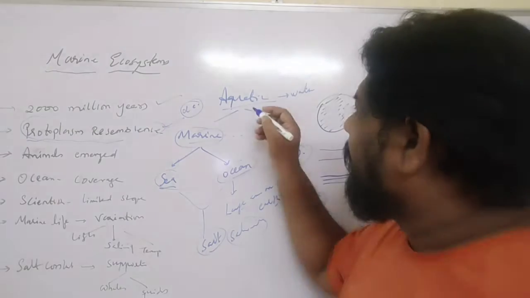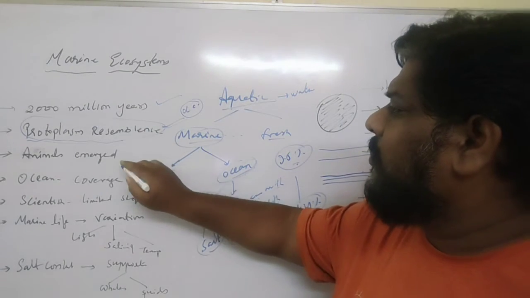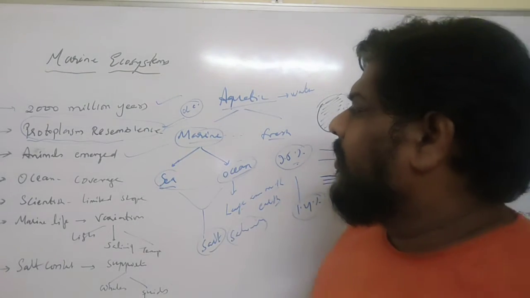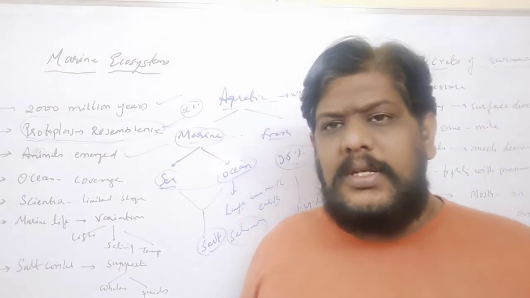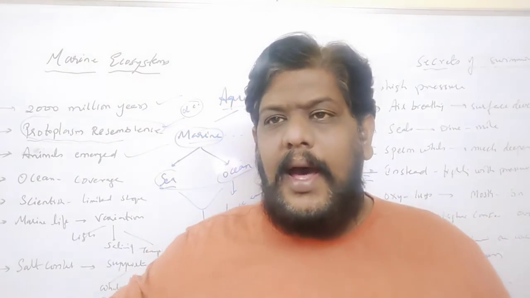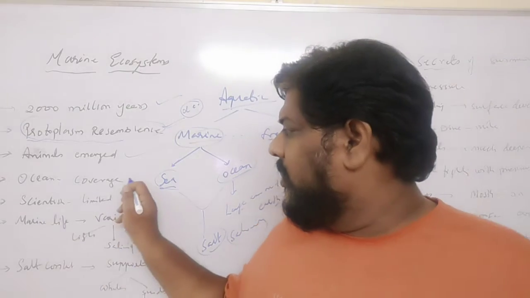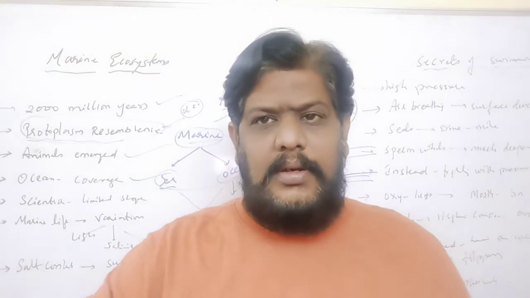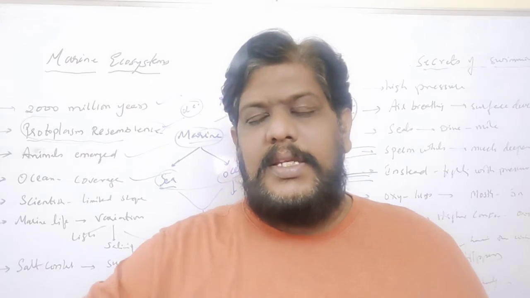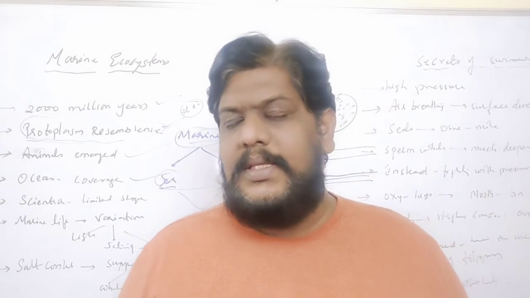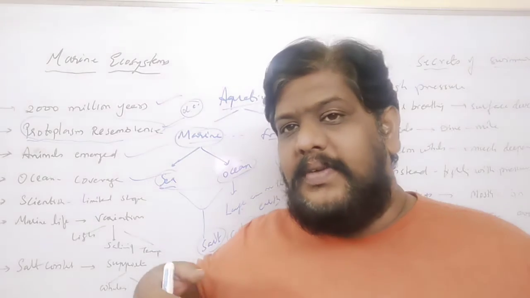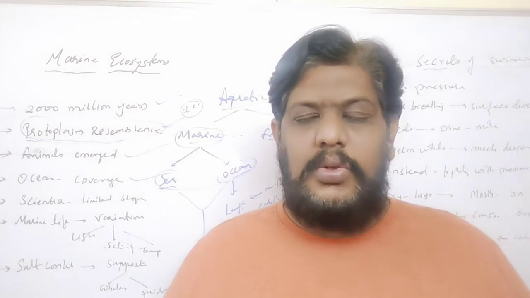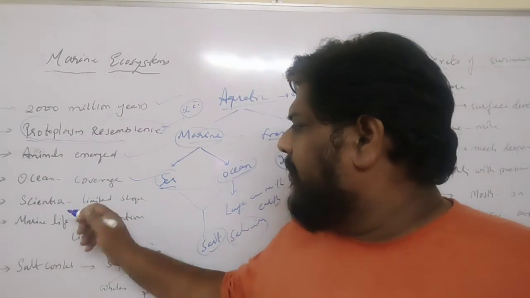So that is how the animals have emerged on the earth. Already we have seen that oceans cover a very large area on the earth, isn't it? So that means most of the water you see is of the 5 great oceans, isn't it? So now it becomes very tough for the scientists,